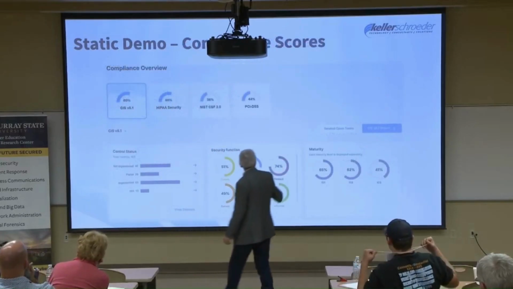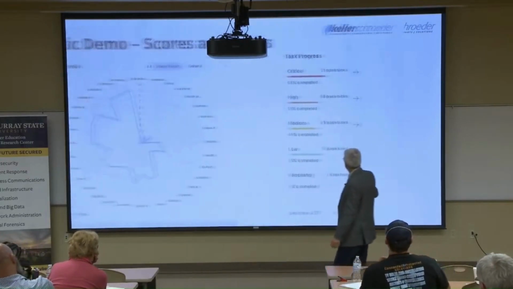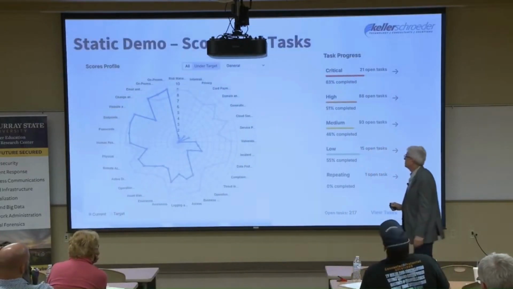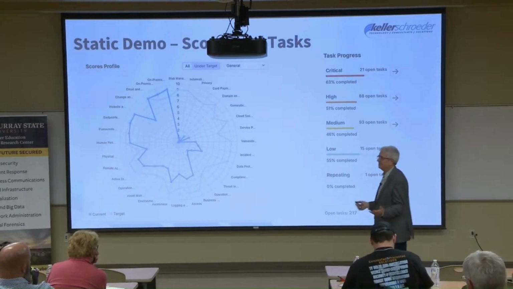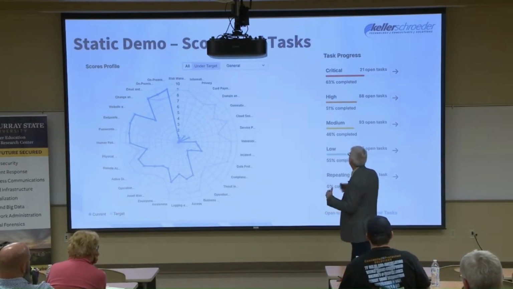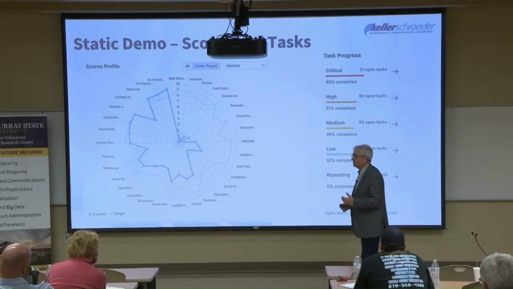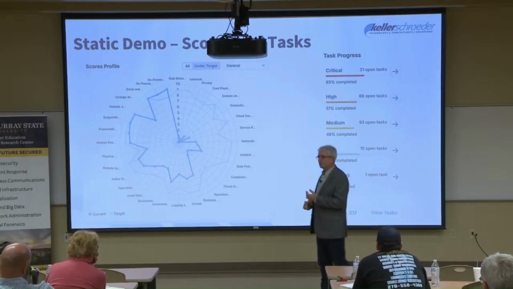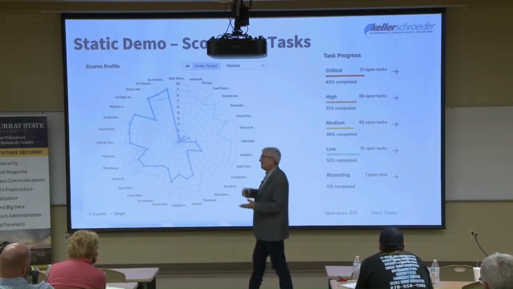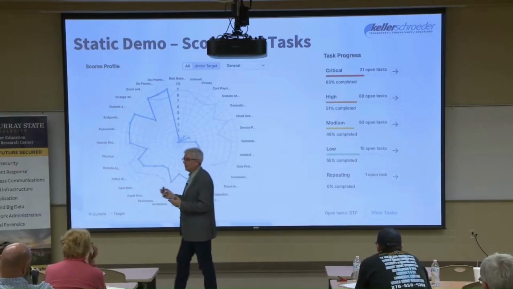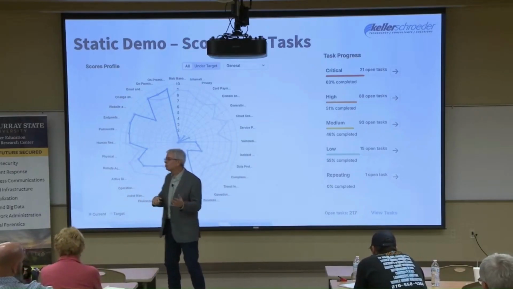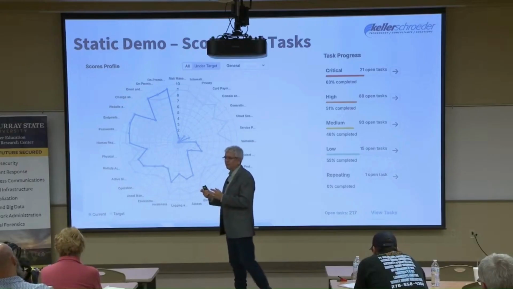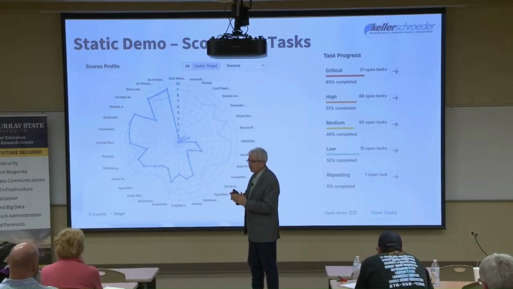And actually, over here on the left, before I go too far, you'll notice there's task progress. You might have 200-300 tasks that show up, and you're like, well, how do I deal with that many tasks? Well, then we can categorize those as far as critical. Let's focus on your criticals first. We can even look at scores profiles. So we might say we're going to filter on not only the critical tasks, which ones might have an increase to my score of 0.5% or higher.